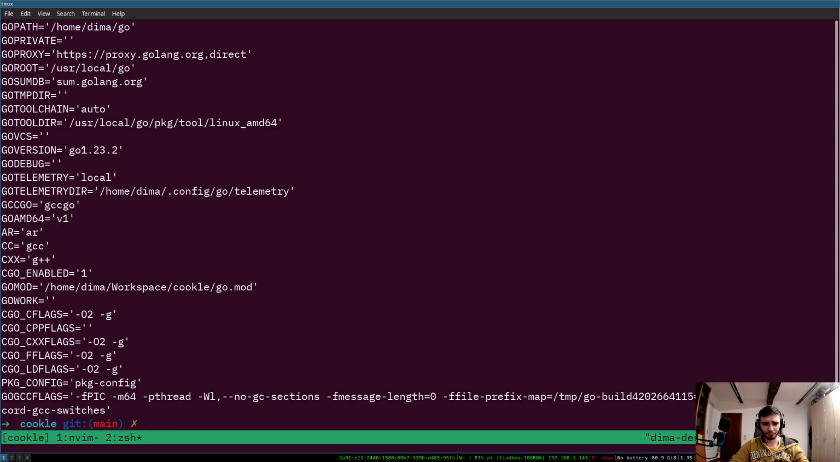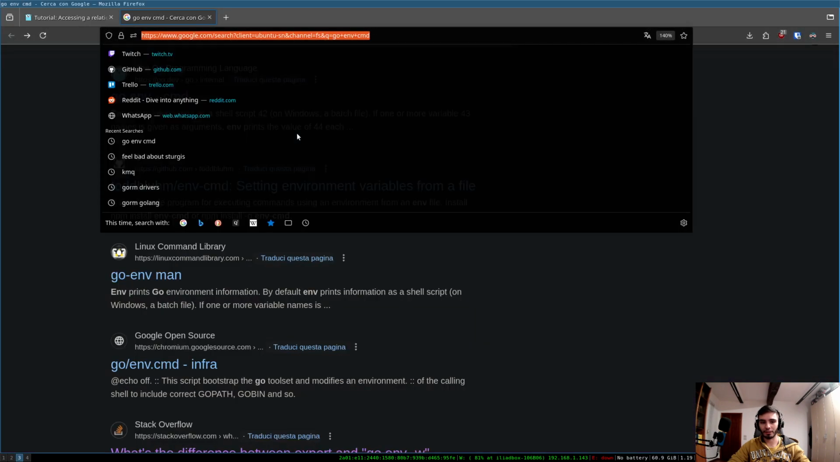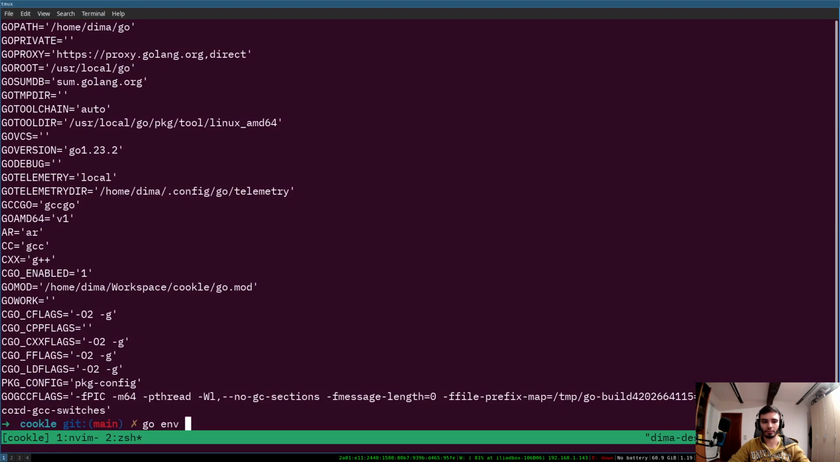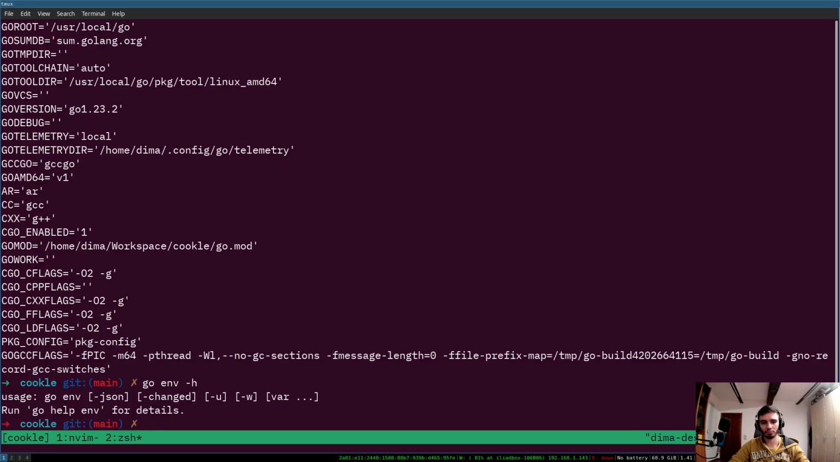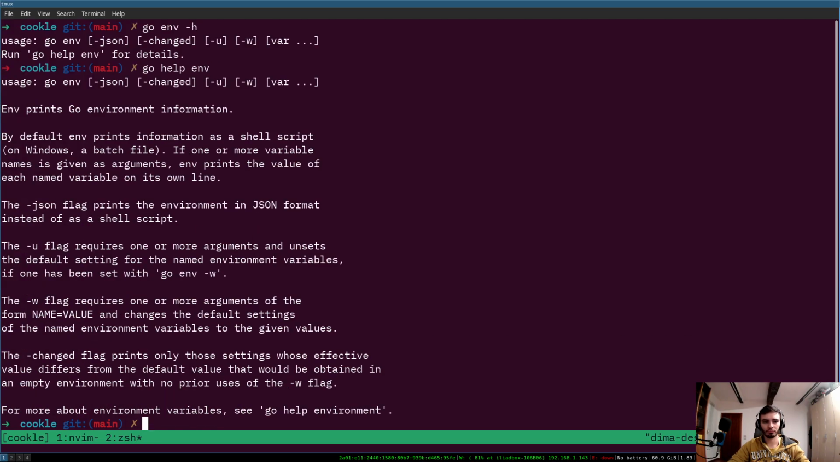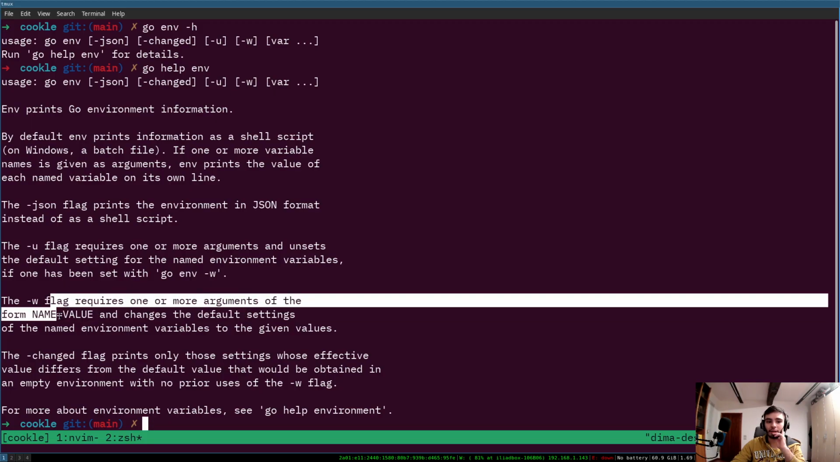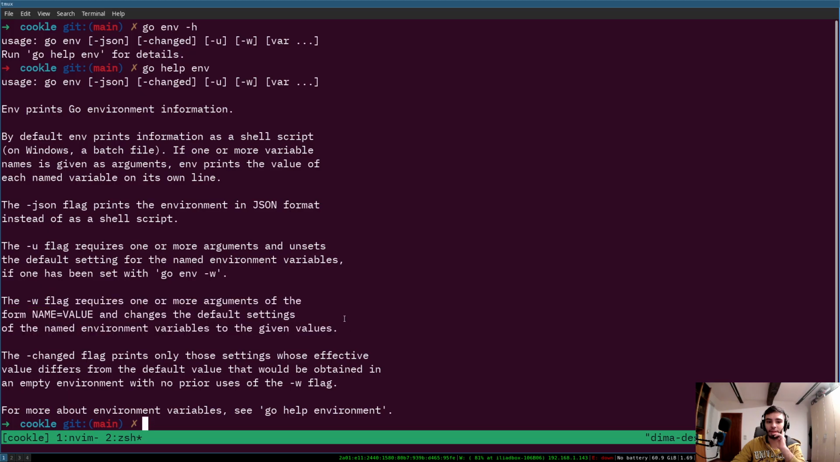So it's my belief that this command should add some variables to my environment right now. So I'm guessing that I can just provide help -h. Great, go env prints Go environment information. By default, env prints functions as well as scripts. If one of them is given an argument, env prints the value of each name. The JSON flag prints the environment in a JSON format. That's cute. The -u flag requires one or more arguments and unsets. The -w flag requires one or more arguments of the form name=value and changes the default settings of the named environment variables. Right, so